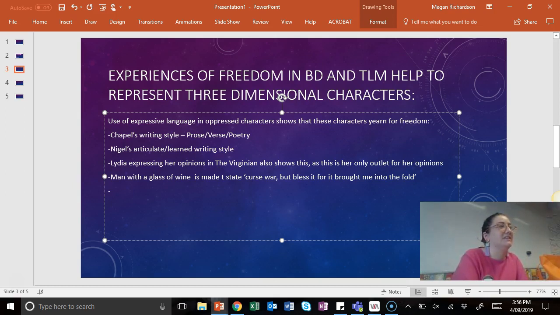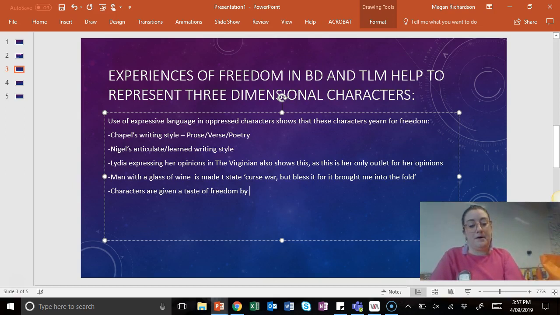So the characters are given tastes of freedom in order to show us how desperate they are for it. When he's given the ability to write, definitely. Characters are given a taste of freedom by the authors in order to explore the